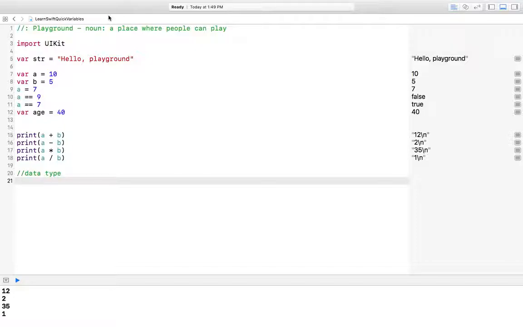I may or may not use it for reference. So I'll give you a few more seconds to get ready. Okay, so